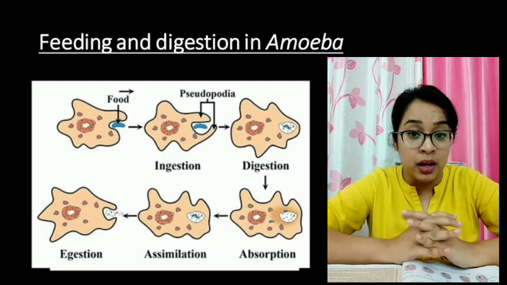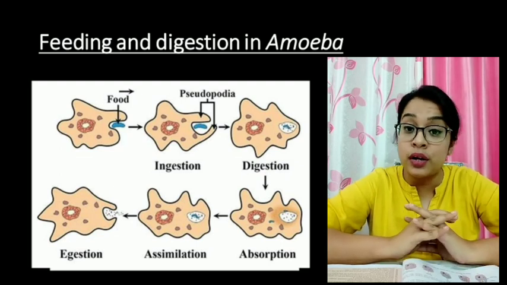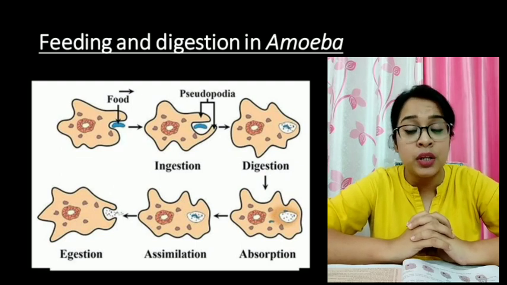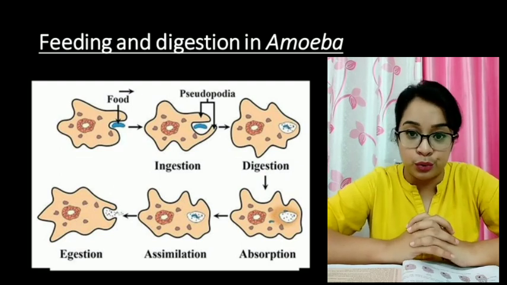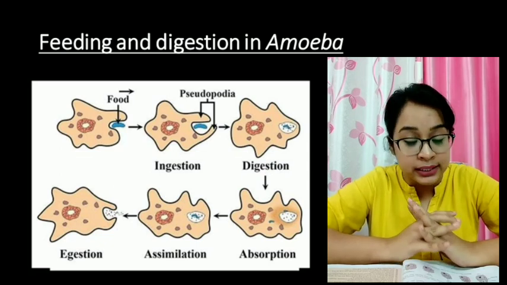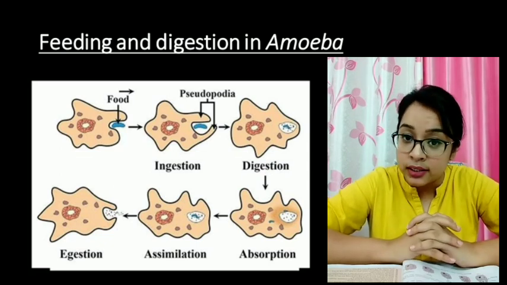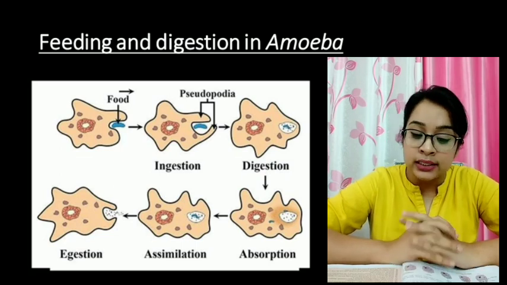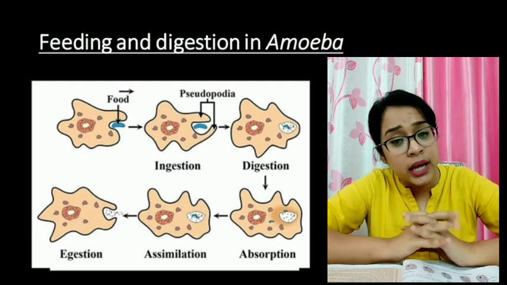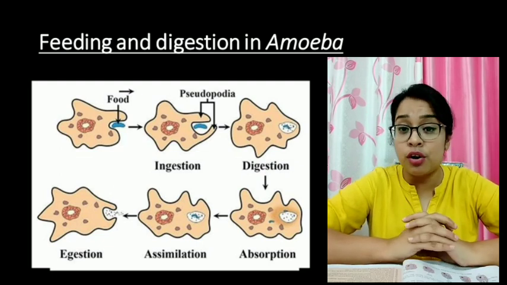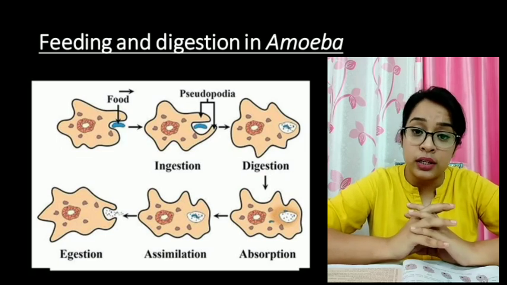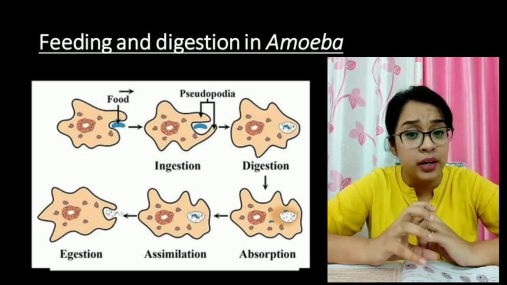First of all, you cannot see amoeba with your naked or unaided eyes. It is a microorganism, so we need a microscope. The amoebal cell consists of a nucleus, plasma membrane, cytoplasm, and some organelles. In order to digest food, they have a specialized organelle known as the food vacuole. Now, the food vacuole is a small pouch that is temporary in nature.